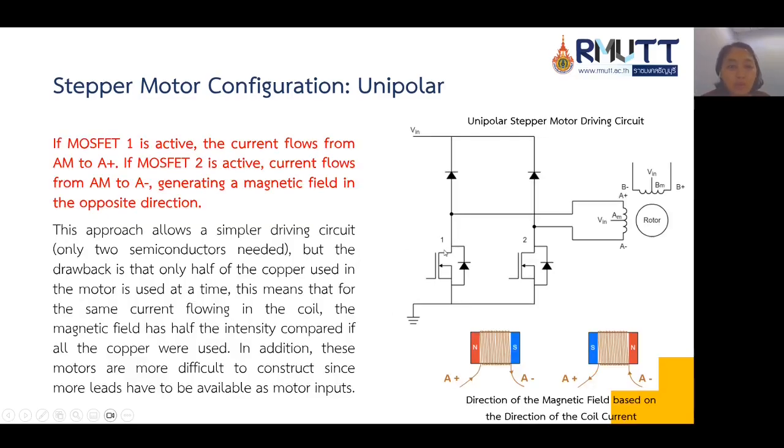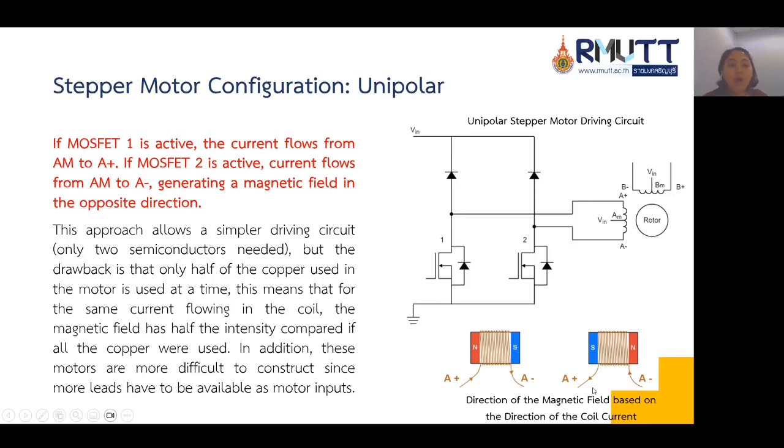If MOSFET 1 is active, the current flows from AM to A plus. If MOSFET 2 is active, current flows from AM to A minus, generating a magnetic field in the opposite direction.